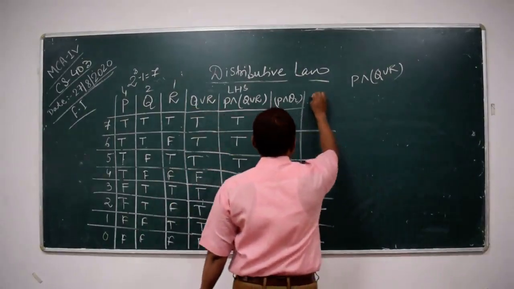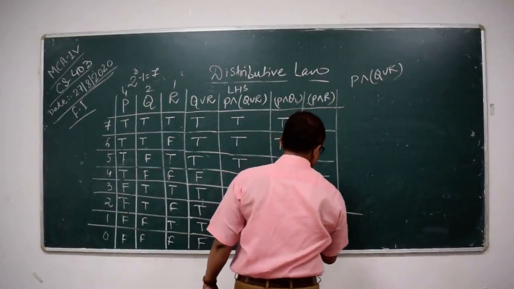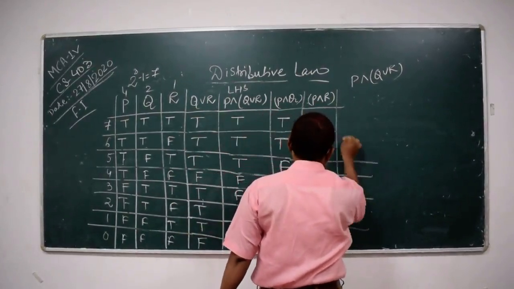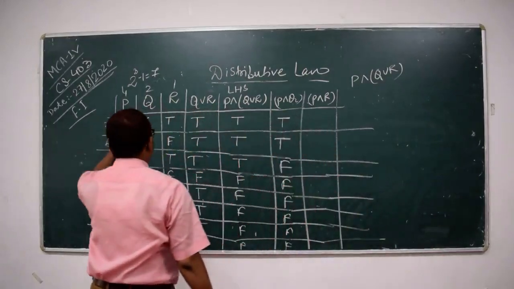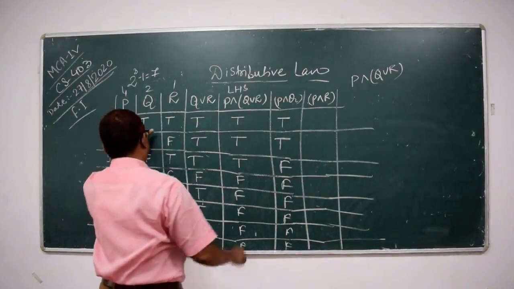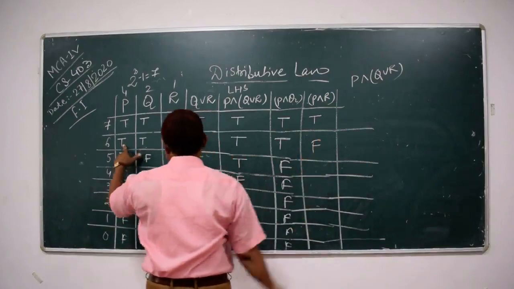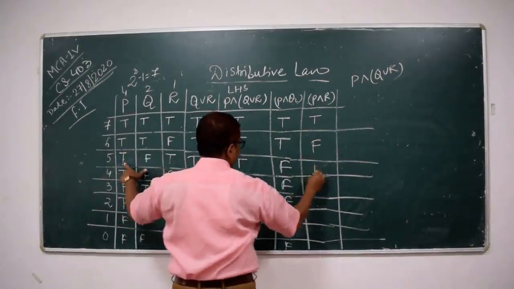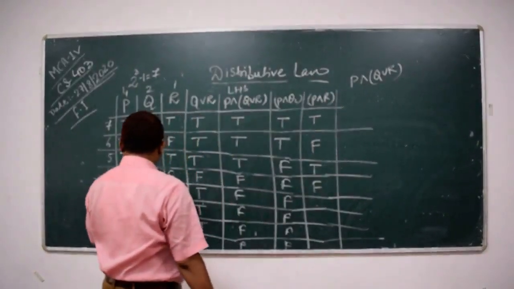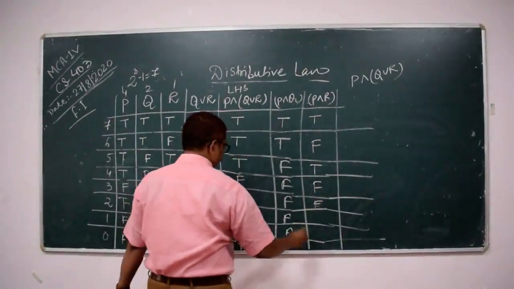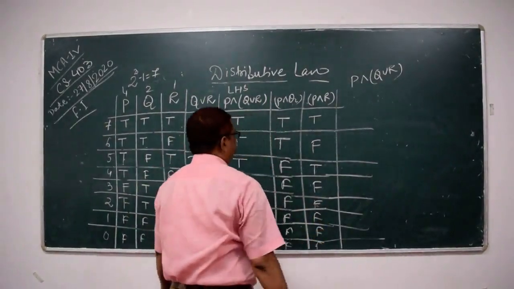Now next is P and R. This one is the P and this one is the R. To multiply, T and T is T. T and F is nothing but F. T and T, T. T and F, F. T, F and T, F. F, F. Now to add these 2 values of